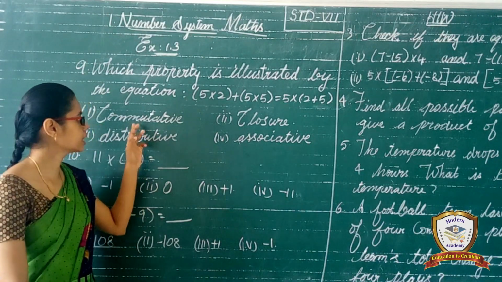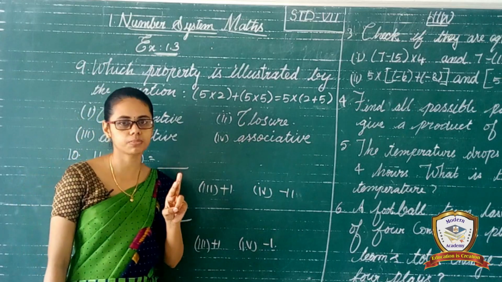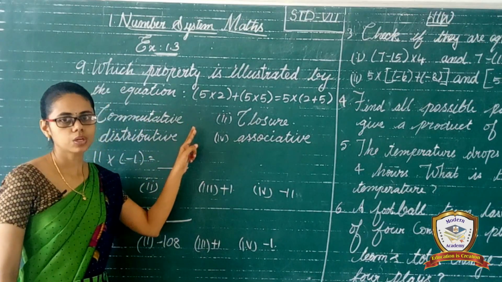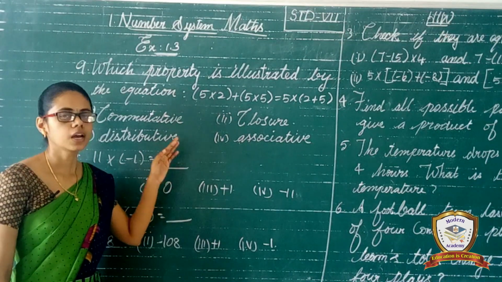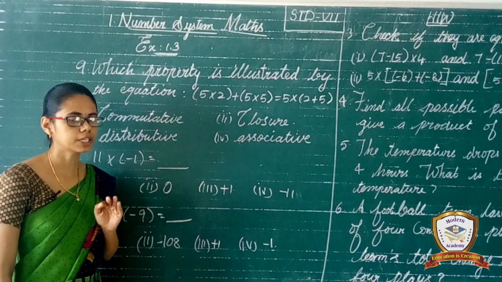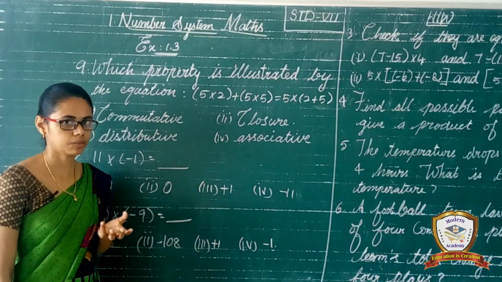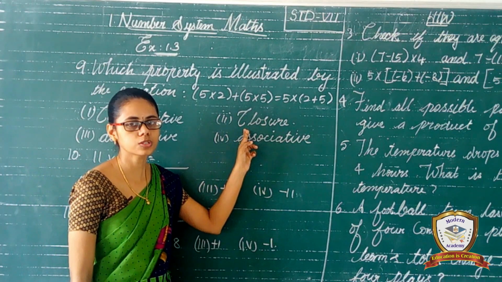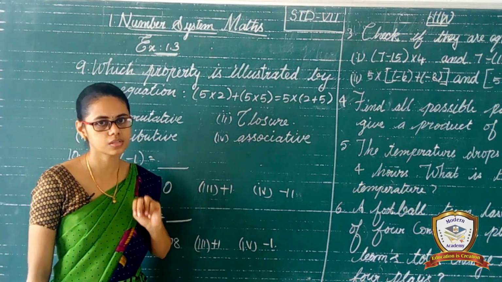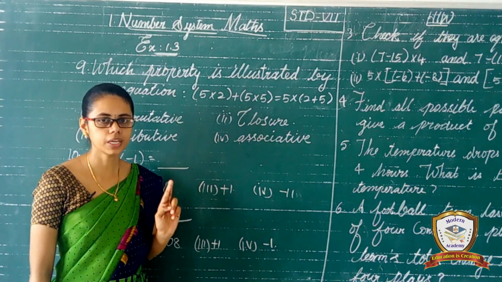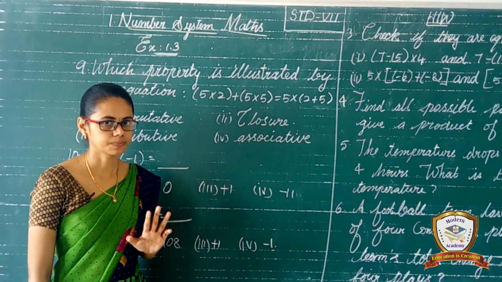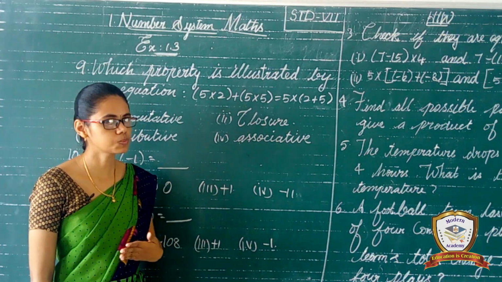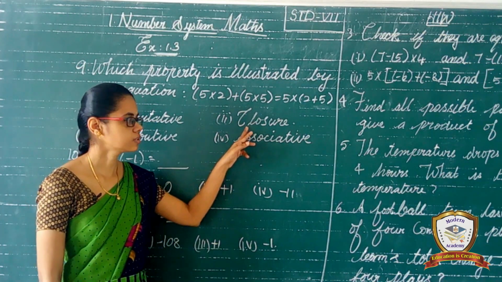So we can directly identify the property name: distributive property. Okay, in commutative property we can take 2 numbers, isn't it? The property means a plus b equal to b plus a for addition and a multiple b equal to b multiple a for multiplication. So this property will not come. And go to the closure property. In closure property also we can take 2 numbers. Okay, so a multiple b is only a multiple b, this is for multiplication, a plus b for addition, a minus b for subtraction. So these are the closure property.